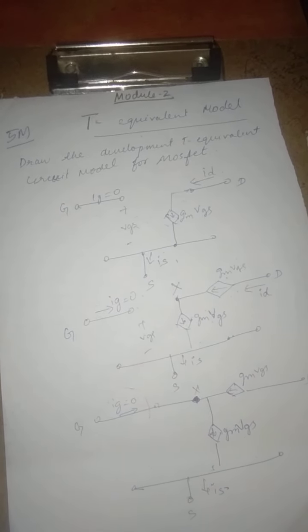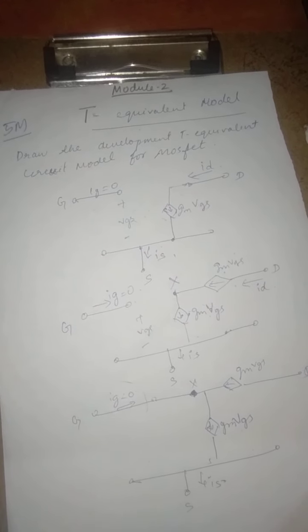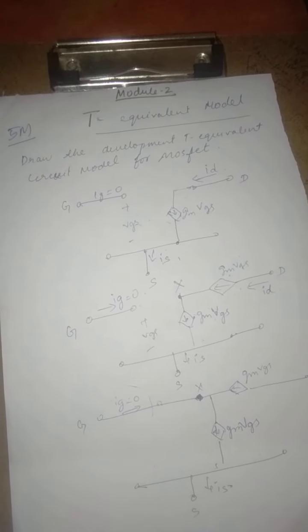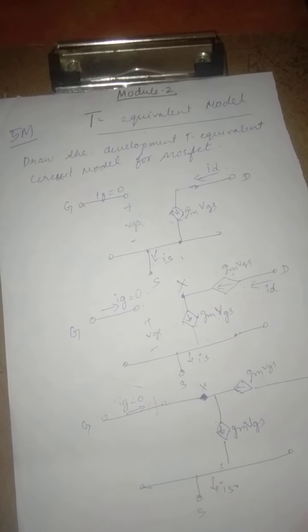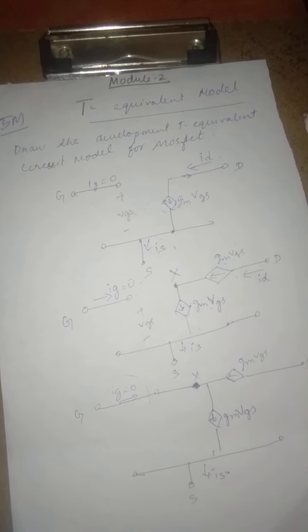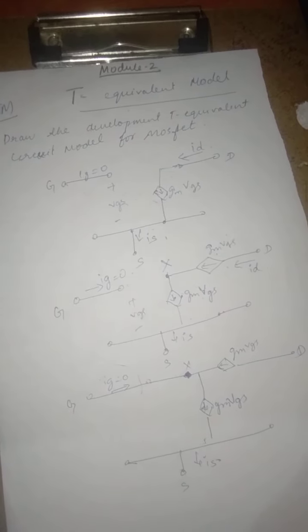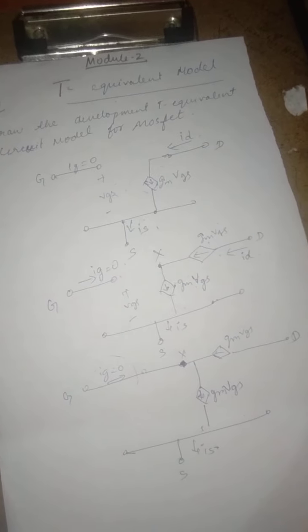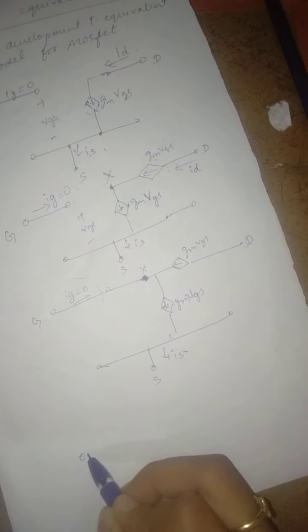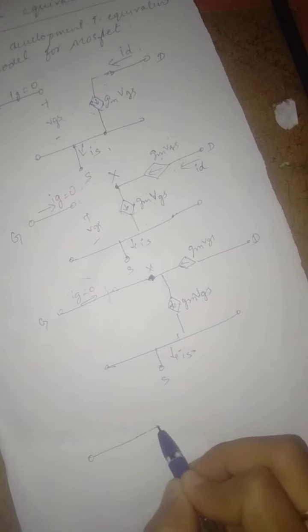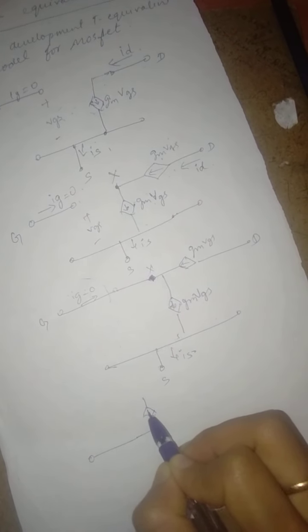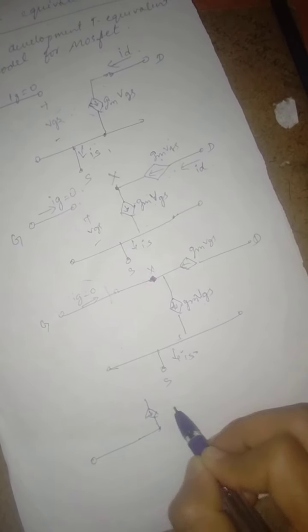Now there is something called controlled current source. So when I tell a controlled current source, what will be the control voltage? It will be nothing but VGS. Okay. So now what we are going to do is that we can actually replace a controlled source by some resistance. So how we will be doing it? I will be showing it now. So when we observe this circuit, it is in the shape of T. That is the reason why we got the name T equivalent model.